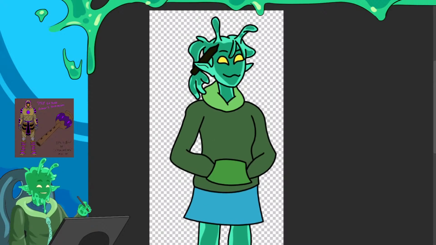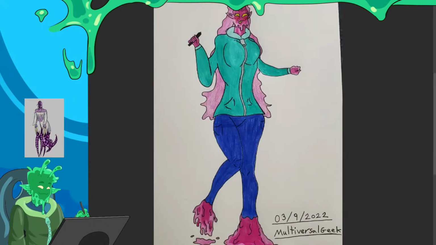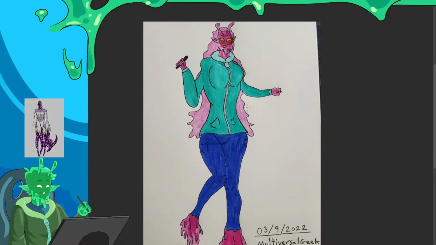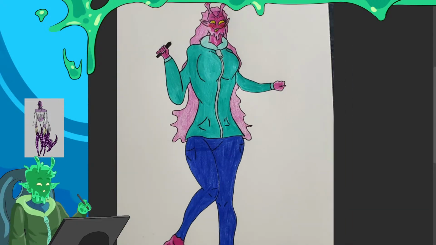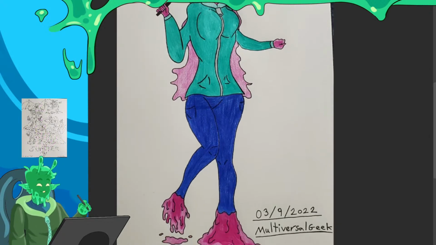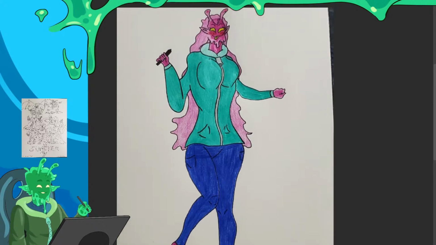And we have one last one, which I think is probably our thickest entry, which is Multiversal Geek did a very buxom and hippie version with the thick thighs and big booba. I like this one a lot too.